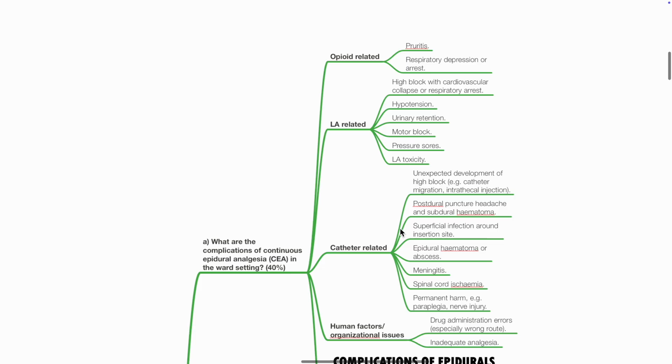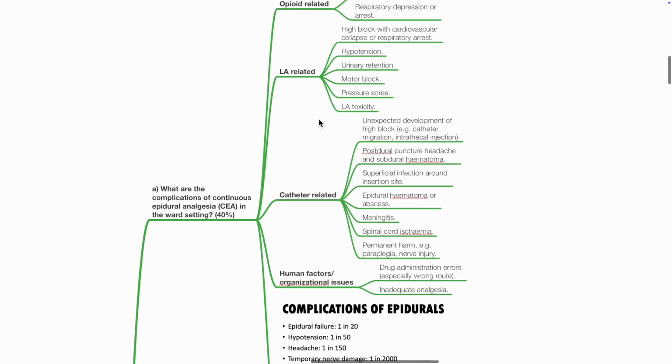These include opioid-related, such as pruritus, respiratory depression or respiratory arrest; LA-related, high block with CVS collapse or respi arrest, hypotension, urinary retention, motor block, pressure sores and LA toxicity; catheter-related, such as unexpected development of high block due to catheter migration or intrathecal injection, postdural puncture headache and subdural hematoma, superficial infection around insertion site, epidural hematoma or abscess,